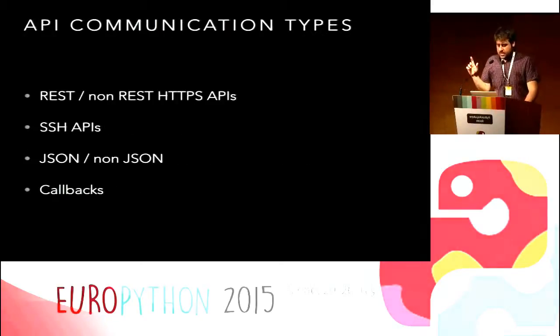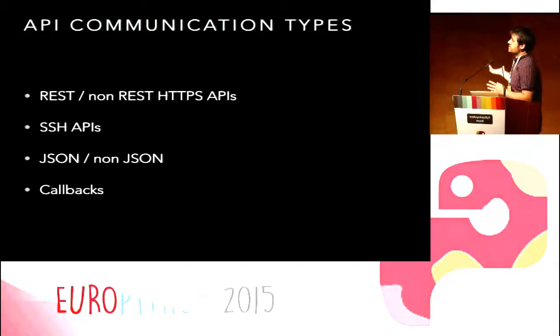So as you saw, we have a lot of APIs, with different ways of accessing them. We use SSH APIs, REST or non-REST, HTTPS, using JSON, non-JSON. But we have to deal with a lot of them in an async way, because we don't want the main thread of Django to be stopped by that. So what we do is execute them as background processes using cron jobs, which is the easy way if you don't need the API executed just after the user has launched the petition, or if you want